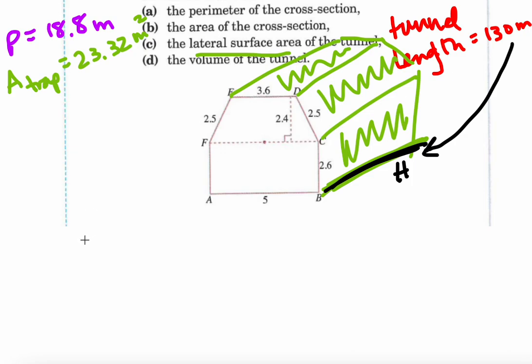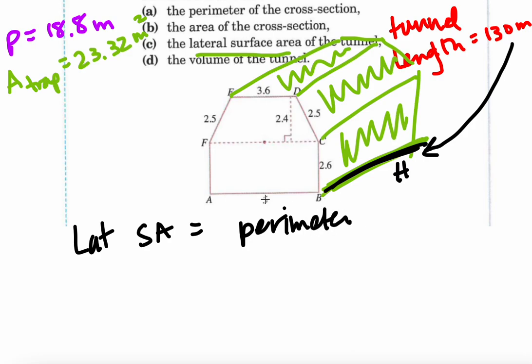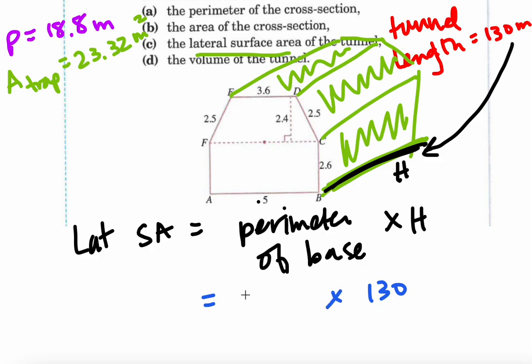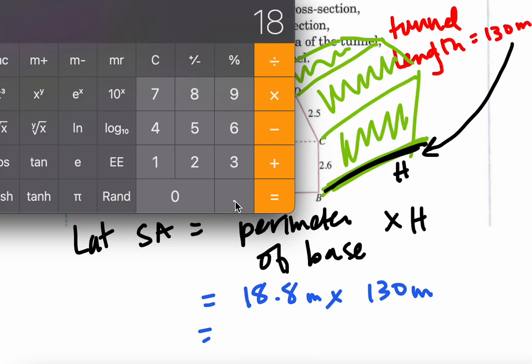Okay, so again, your lateral surface area would be the perimeter of your base times big H. And again, they gave that to us because that's that 130. And then we have the perimeter calculation from before. Okay, so we're just putting into our calculator 18.8 times 130,